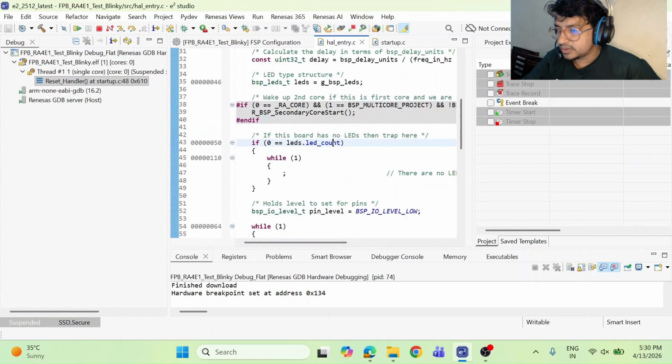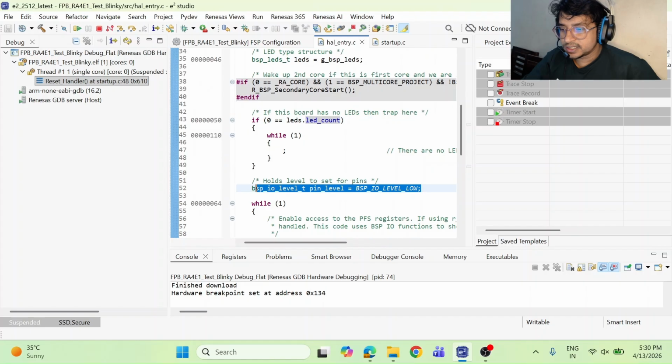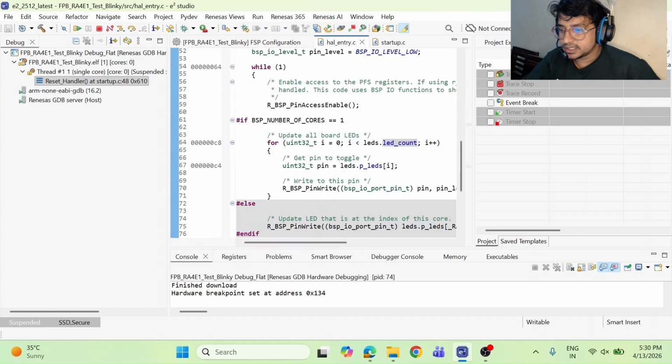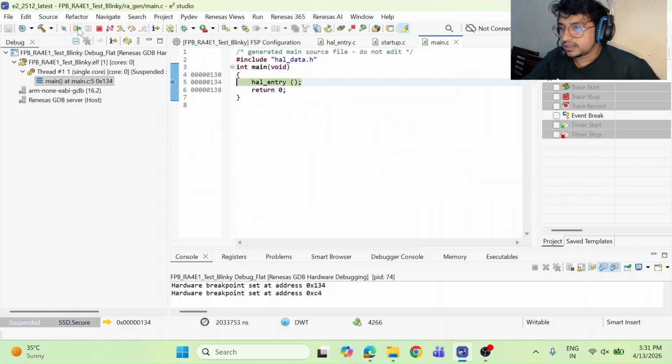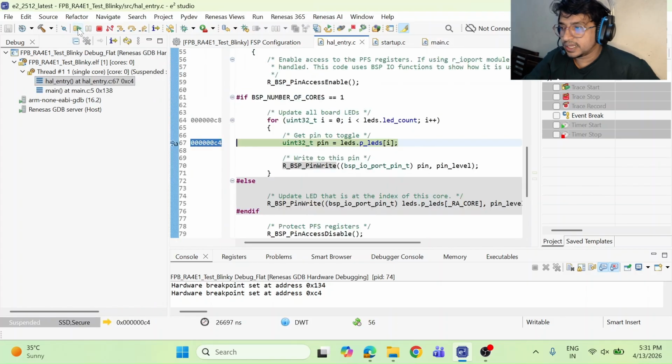The count is nothing but the number of LEDs, LED 1 and LED 2. So I am putting a breakpoint here by double-clicking. This is CPU reset. While running the code from here, the cursor will stop at the breakpoint every time: 1 time, 2 times, 3 times. Like this you can put a breakpoint anywhere.